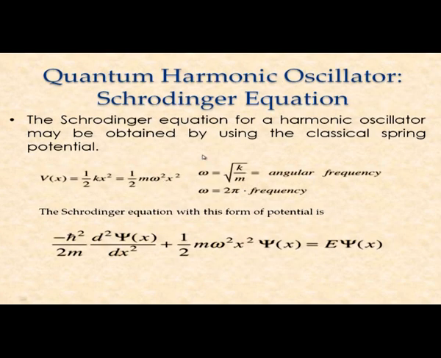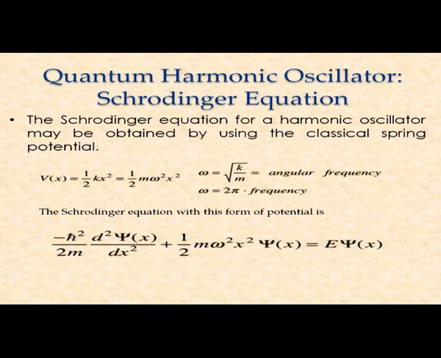Coming to quantum harmonic oscillator. Schrödinger equation is an important equation in quantum mechanics to understand the properties of a particle. Here electron can be assumed as a particle. If you take hydrogen atom, only one electron is there. Schrödinger equation can be solved for hydrogen atom to get the energy of the hydrogen atom or energy of the